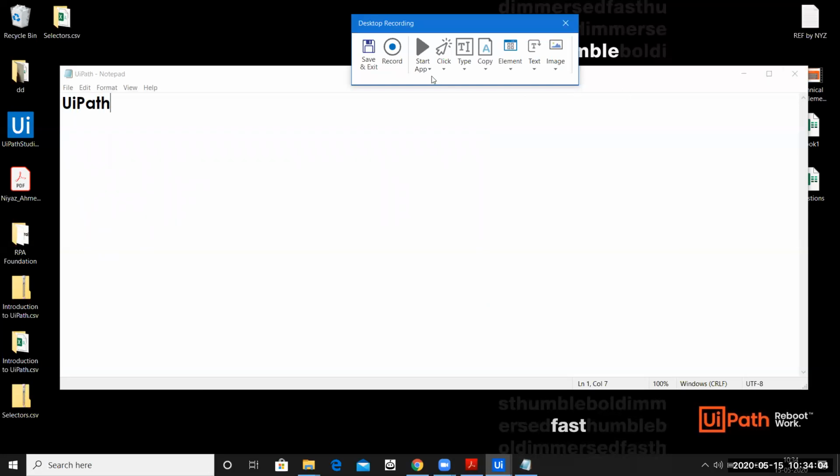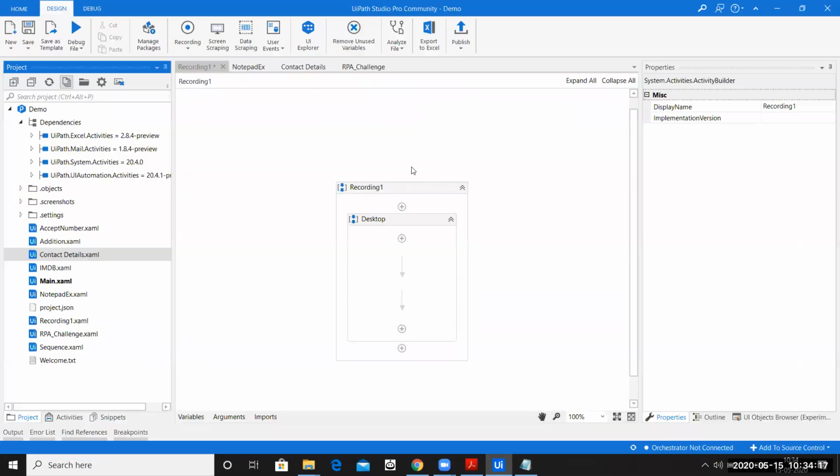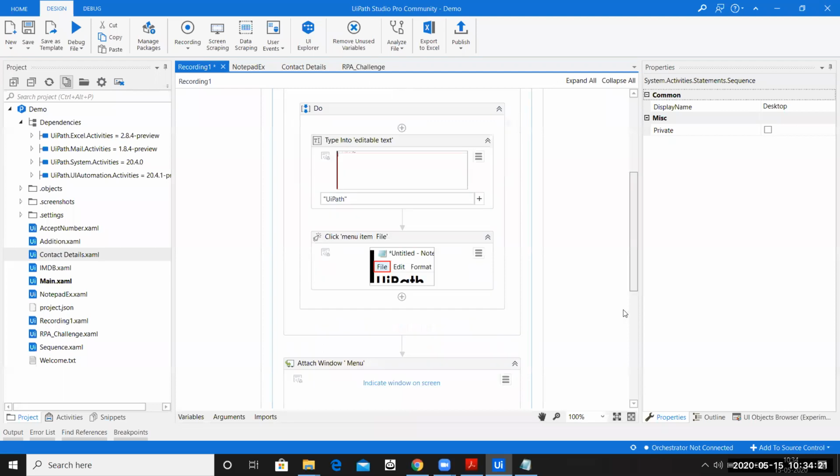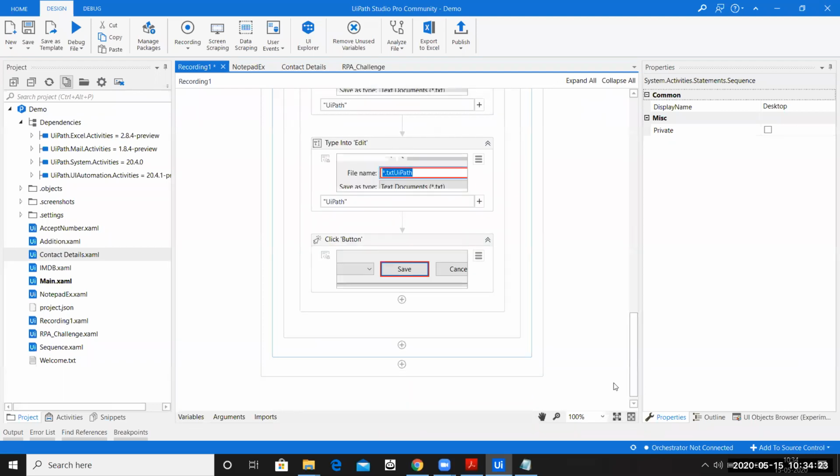So we can do it in two ways. Either you can do close application over here, or I can say either click and then close application over here. So as of now I'll not close the application, I'll say my recording is done. So I'll say save and exit. Okay. Now you may ask that we haven't done the closing of the Notepad application.